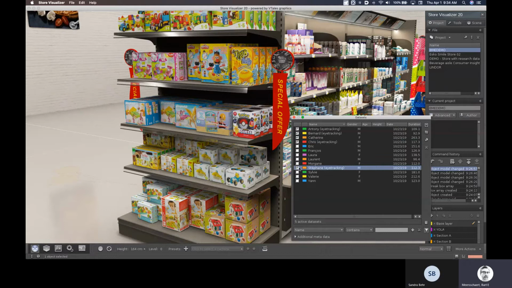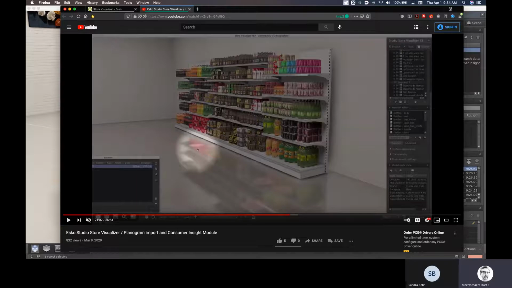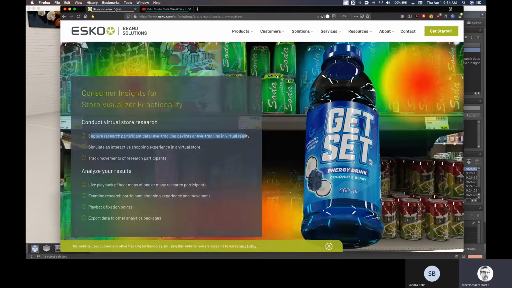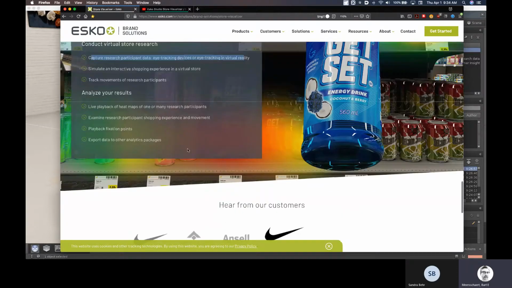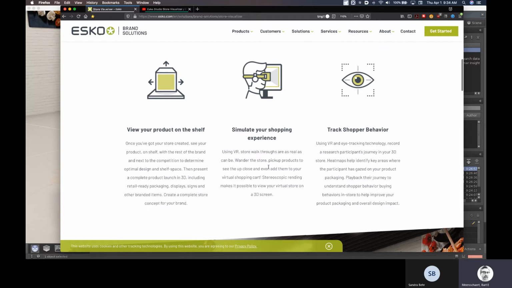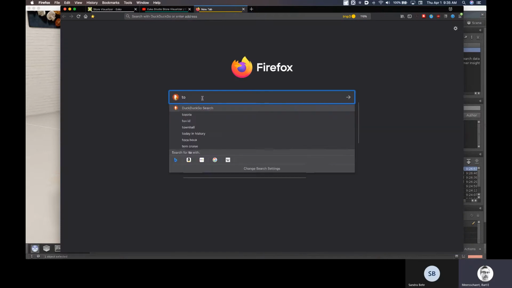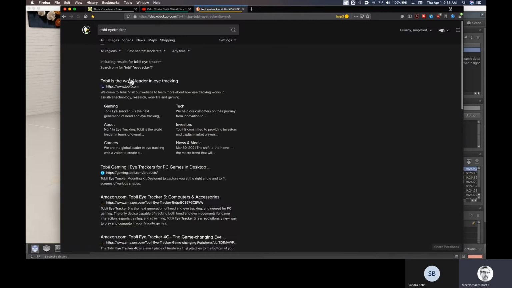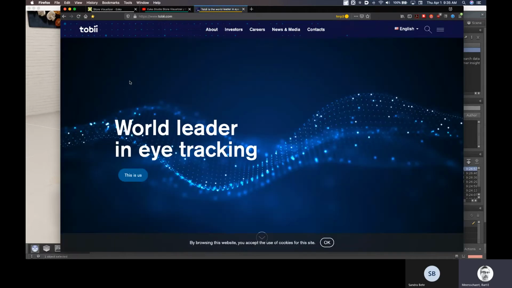So this supports eye tracking devices, there's a whole list of them. Here you can see we simulate and then track the shopping behavior. We support a variety of different tracking devices, eye trackers. That's a very simple device that you can place on your desk, the Tobii eye tracker. It's not too expensive, but it gives you much more